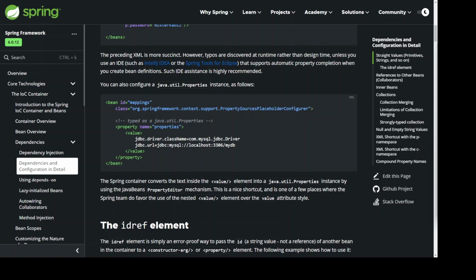<bean id="mappings" class="org.springframework.context.support.PropertySourcesPlaceholderConfigurer"> <!-- typed as a java.util.Properties --> <property name="properties"> <value> jdbc.driver.className=com.mysql.jdbc.Driver jdbc.url=jdbc:mysql://localhost:3306/mydb </value> </property> </bean>